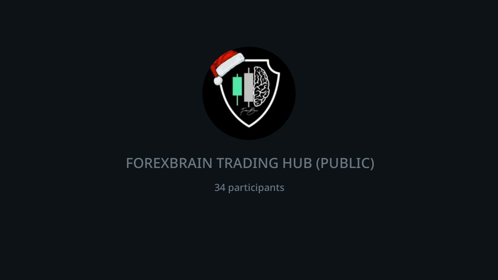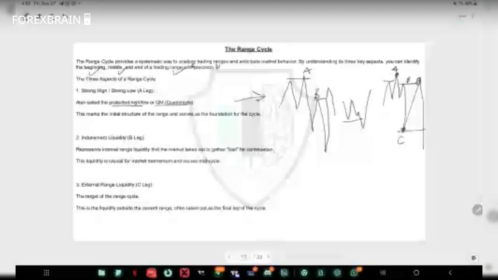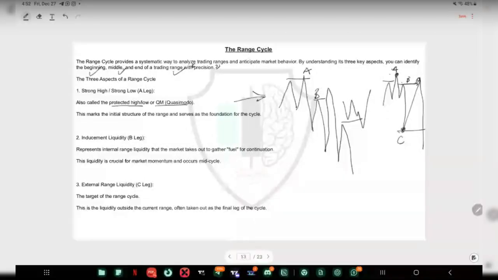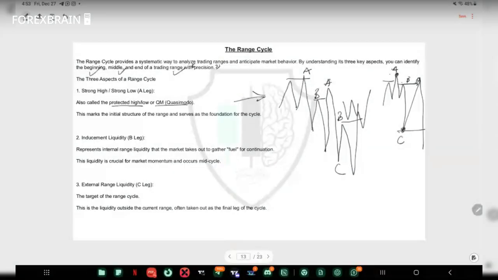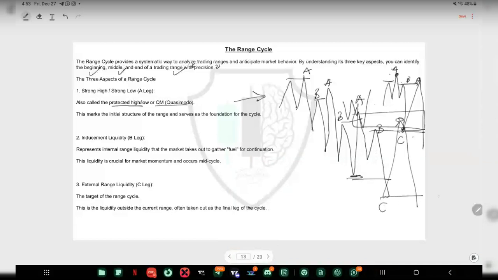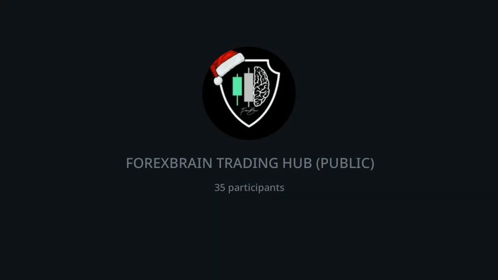So let's assume this happened, price took this and broke this. Price will pull back again, drop, and then you can see that this is now the new A, the new B, and then the C. Sorry, that's not the C. And yeah, this is the C to the downside. So sometimes, before the C is created, we might have something like this and then a break, meaning that price will come back to this guy for a new range. So this will be A, B. So price needs to take this, and C is the target. So always take profit at the target.